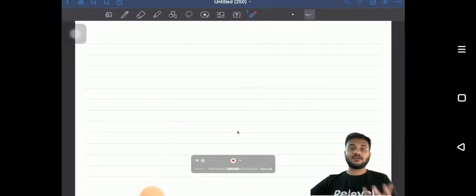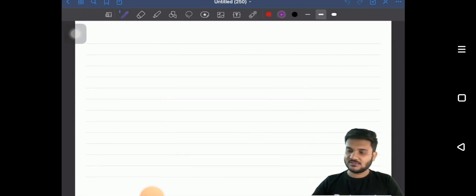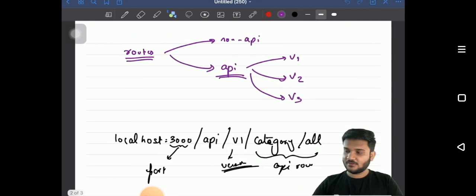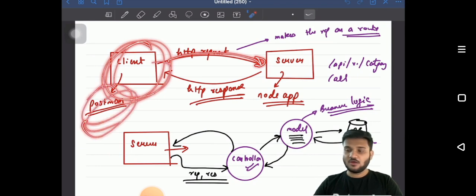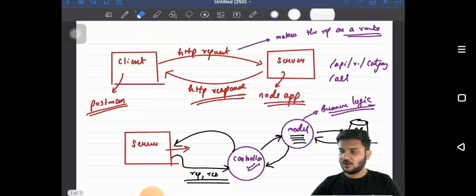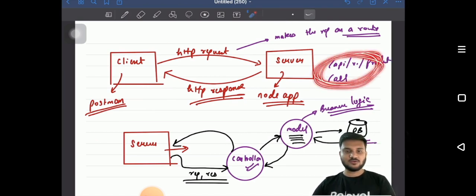And again, if you talk about the architecture, like how this all worked, again, the same thing. From our client, we made an HTTP request. What was the client? Postman was the client. We made an HTTP request to the server. Inside the server, we saw that the route is /API/v1/product/all. So whenever we hit this route,